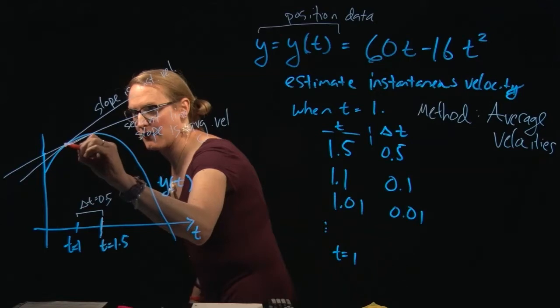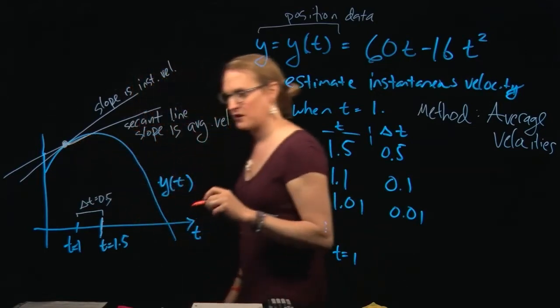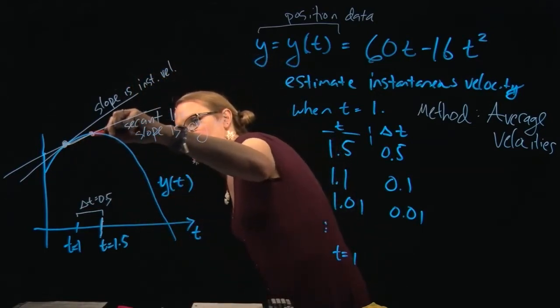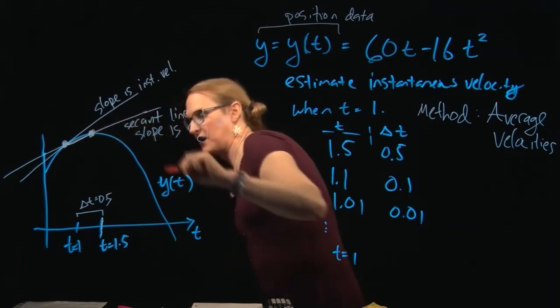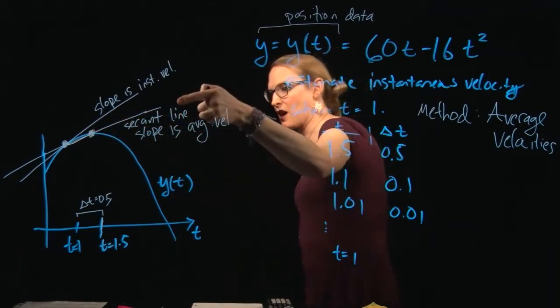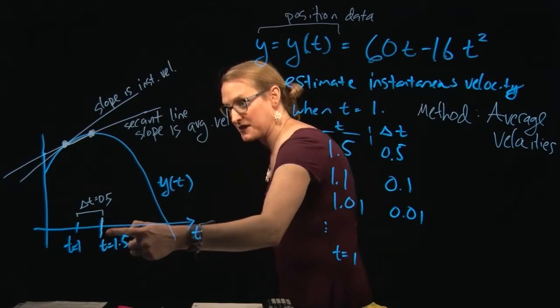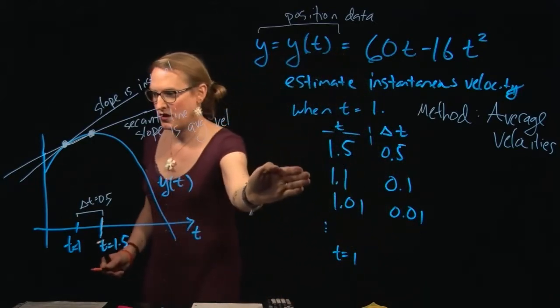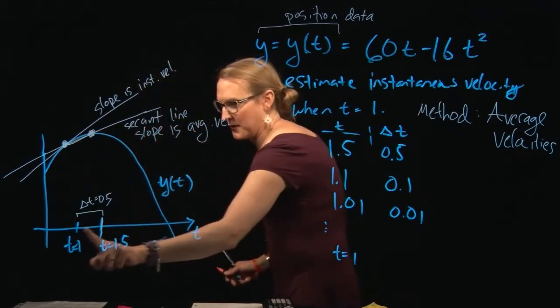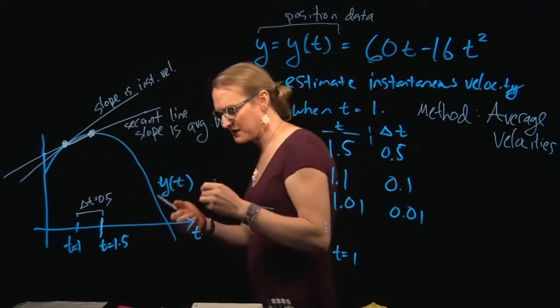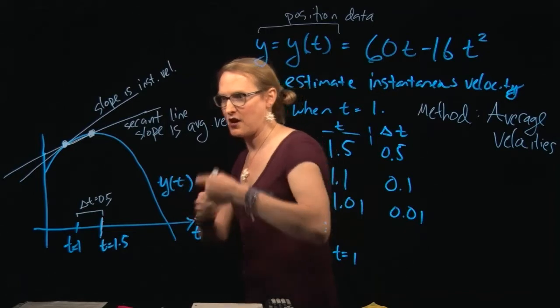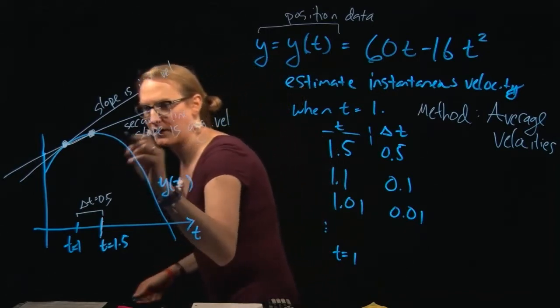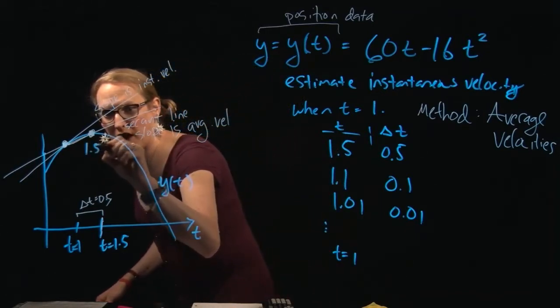So I have a point right there, and I have a second point that lives on the secant line, determined by this time, which came from this table. We're going to turn this time into 1 by doing a limiting process. The coordinates of this point are 1.5,